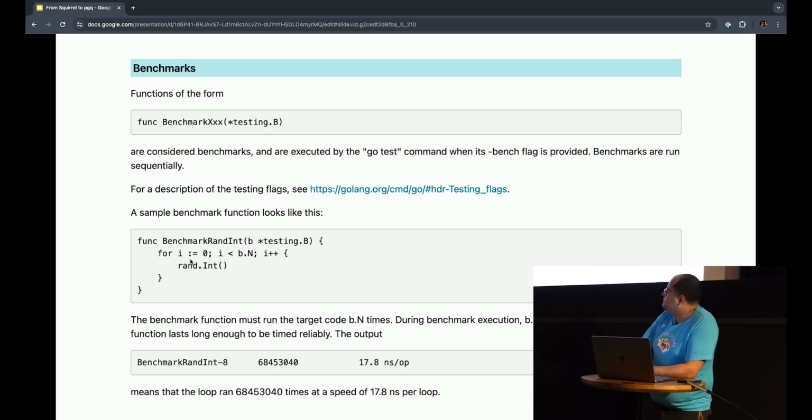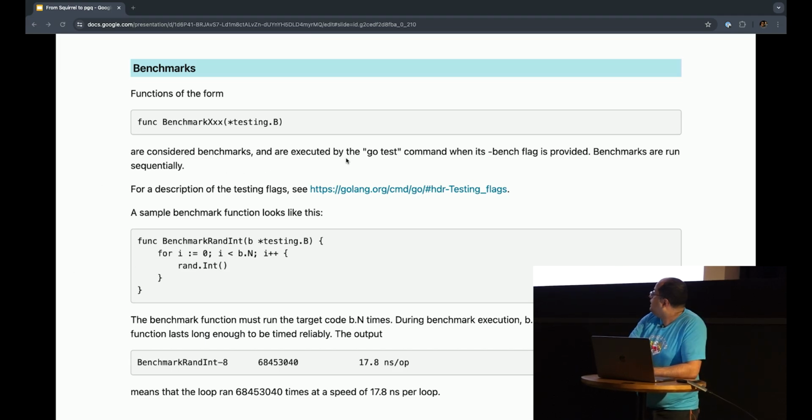So in this case, we are running that rand.Int 600 million times, I guess, and each operation is taking about 18 nanoseconds.